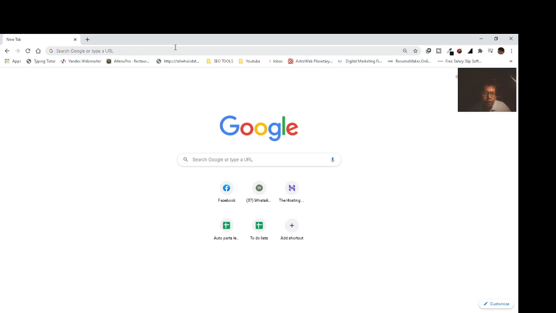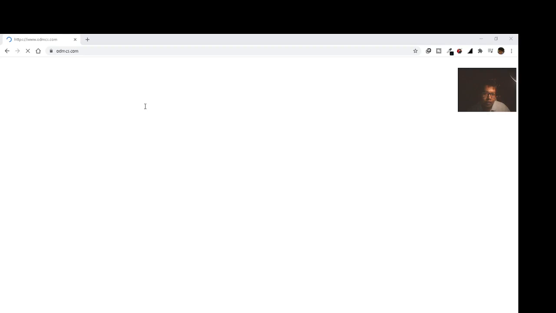While it's getting loaded, let's try to understand, since we're already clear what is a browser and where you type in order to visit a website. So in simple terms, if your website was a house, then your domain will be its address. So this is my house, the website, which will be loaded shortly. The domain name we typed in will be this address. So my address to reach my website will be odmcs.com. Okay.